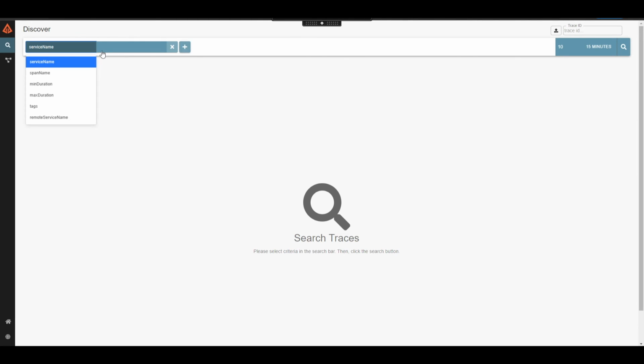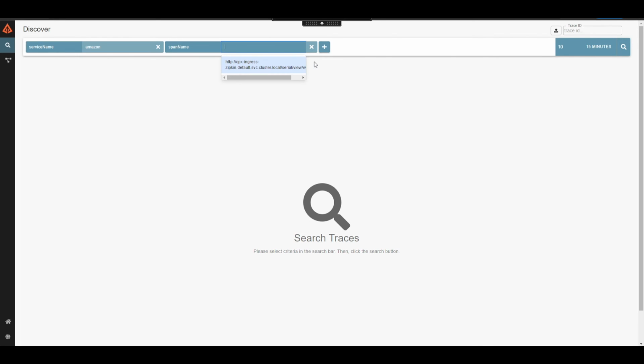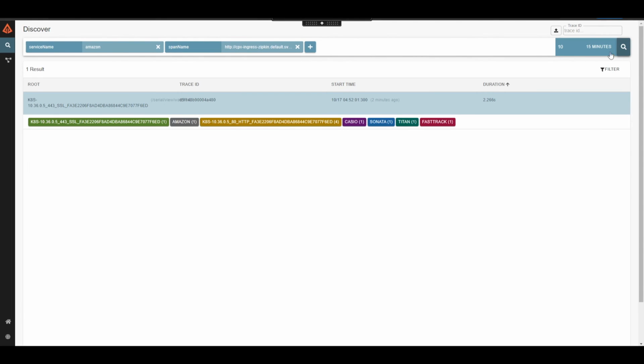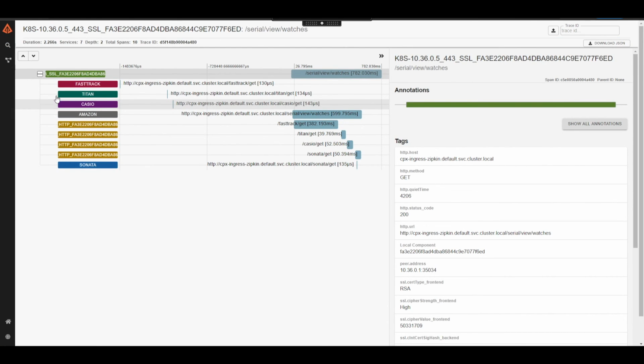So we will first select the service name, Amazon, and then we'll select the span name, and then the duration, and see the traces. So if you see here, the client request was served by the front-ending SSL vServer, which talked to the Amazon pod to fetch all the watch details.